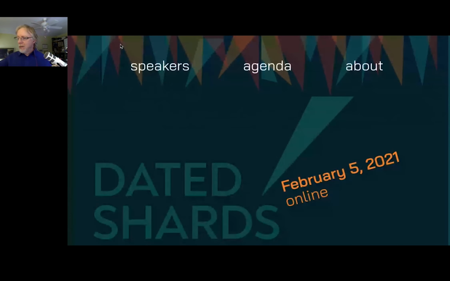So this turns out to be a paragraph containing the text February 5th, 2021 online. That's what creates that whole thing. It's placed up in the corner and it's rotated a little bit. Let me make the CSS a little bigger so you can read it. Okay, there we go. It's absolutely positioned. It's got a z-index of 1. It's rotated minus 15 degrees. So to see this part of the design better, I'm going to increase the z-index to put it on top of everything and zero out the rotation, which is what I did here.